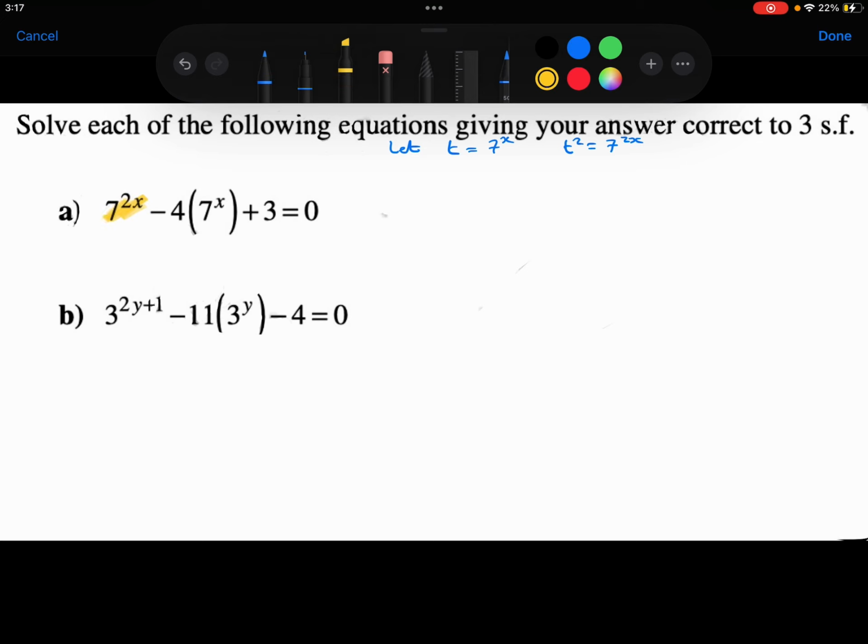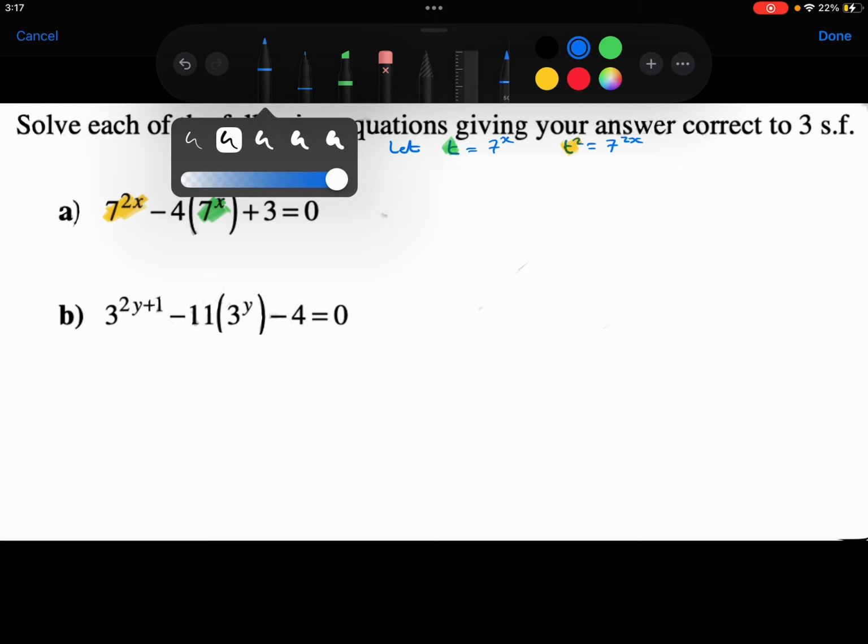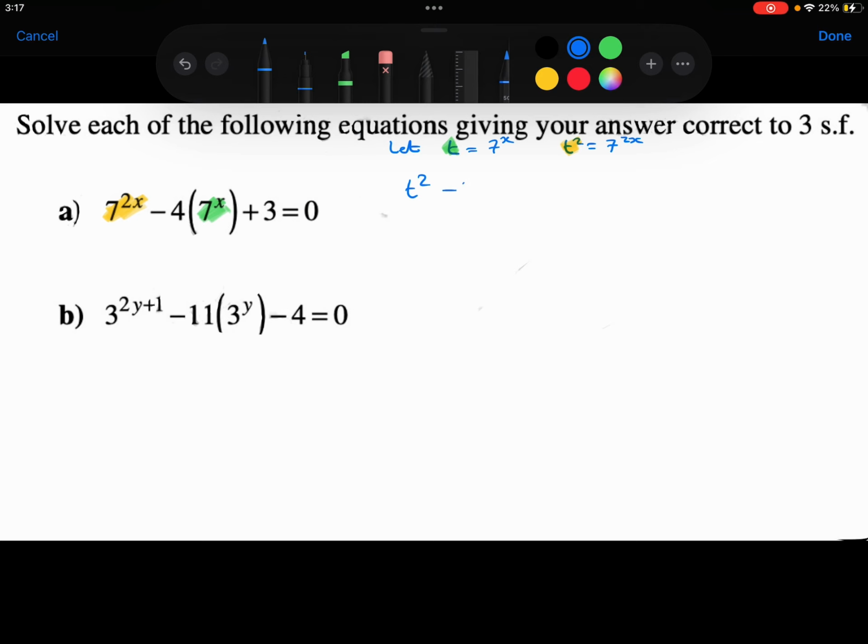So I can replace this with t squared, and I can replace this with t. So that's going to give me t squared minus 4 times t plus 3 equals 0,